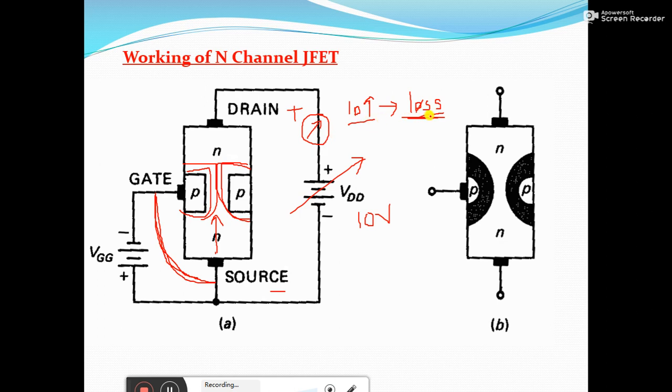The VDS voltage at which the ID value becomes maximum, that is IDSS, is referred to as the pinch off voltage. So again I can write it here. Whenever VD becomes equal to VP, or you can say the pinch off value, ID will achieve the saturation value, or the maximum value, IDSS. So if VD is increased further, beyond the VP value, since the channel is almost closed, you won't see a further increase in ID beyond IDSS, or you can say ID remains constant.